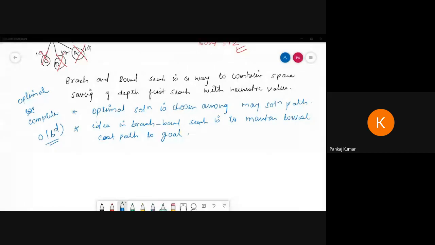Is it clear? So this is the branch and bound search algorithm and it is very important for your mid-sem. So prepare well for your mid-sem. Okay. There is no graph given, but we have to prove it with a graph. So for your answer justification, we have to use a graph by ourselves. So this is the way we have to follow in the examination.